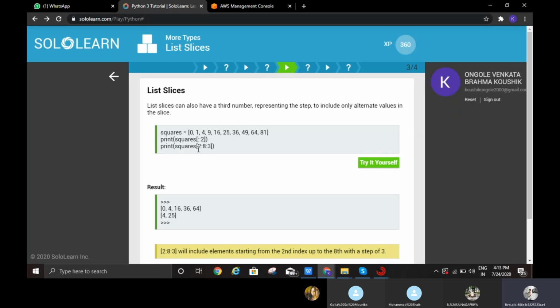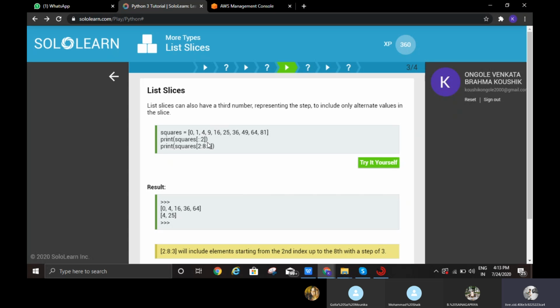In the second one, 2 colon 8 colon 3 means from the second index value to the 8th index value, it prints with a step of 3, and it leaves three numbers between. The second index value here is 4. After 4 it leaves 9, 16 and goes to 25.